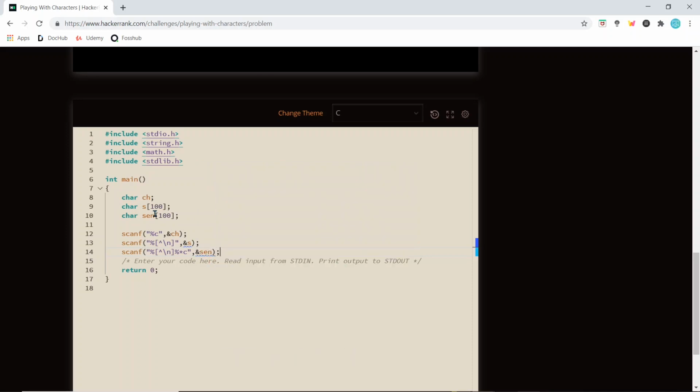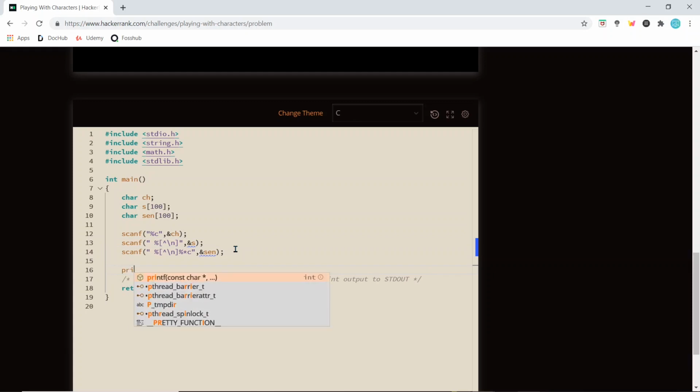Now this will scan all the variables. We know that the new line issue is there, so we'll make this a bit spaced. We'll put in one space before the percent in the scanf. Okay, and another space in the second scanf, right? Make sure to do this, otherwise the output will be flawed.